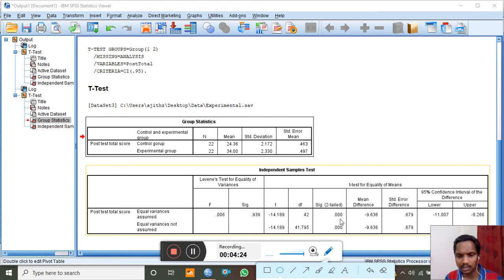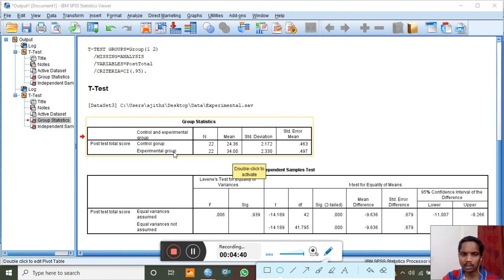The result is significant, which means there is a significant difference in the mean scores of both experimental group and control group. And for which group the mean is high, for which group the achievement is high? For experimental group, the achievement is high because their mean is high.